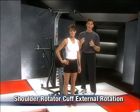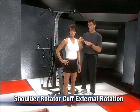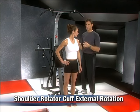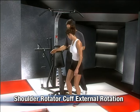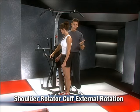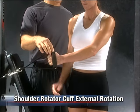This is shoulder external rotation, and a lot of people call it rotator cuff external rotation, but there's a lot of muscles that participate in this thing besides just the rotator cuff. But we do need to be really picky. So let's take a look at this, Angela. And again, on each one of these rotator cuff type things, you're going to want to do both sides. But we're going to start with just this one right here, and she's going to put her hand through the